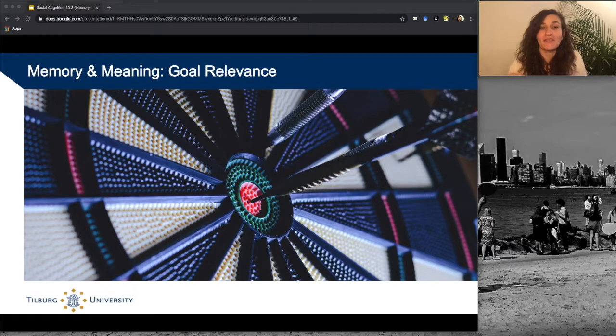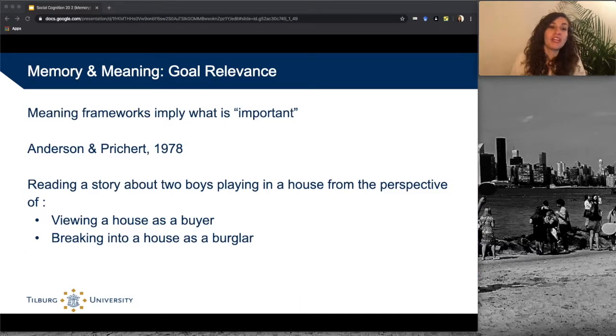In this last video about memory and meaning, let's take a look at goal relevance and how it influences the kind of information that we retain. Meaning frameworks, and this is something that we've just discussed already, imply what's important. Now, here is a study from Anderson and Pritchard in 1978 that really focuses on goal relevance of memory in